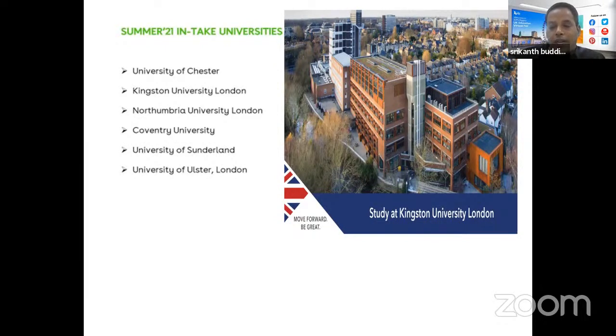So you can directly apply to the UK universities without any English language test. The main documentation required for UK universities is your passport, your 10th, 12th, and bachelor memos. We need letters of recommendation from your professors from SRM University, and we need your SOP, statement of purpose. These are the documents required to apply for admission in the UK.